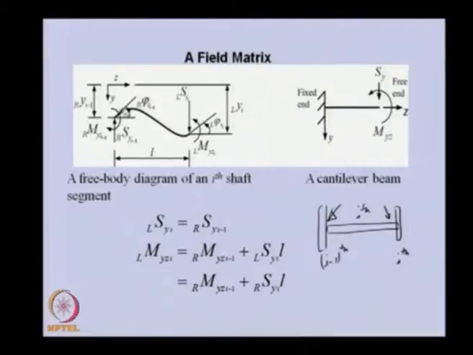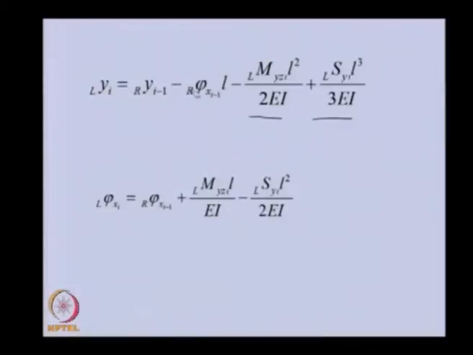For the slope, whatever the slope of this end we are giving, in this particular case we can see that if this is the shaft which is rigid, in the second case this is the slope of the shaft which is right of I minus 1. Because of this angular displacement which we are giving to this end, what is the linear displacement of this? This will be slope into length of the shaft. This is the same thing we have done here, and because it is going toward the negative y direction, this negative sign is there.